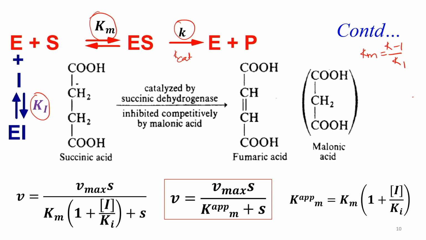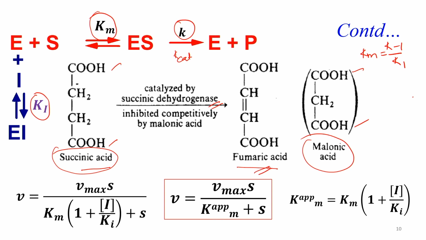One example is succinic acid being converted to fumaric acid, and the enzyme is succinic dehydrogenase. Now, if you see the structure of succinic acid and malic acid, it has a COOH group at both the terminals. So, it is able to bind at the active site of succinic dehydrogenase, so that it can inhibit the synthesis